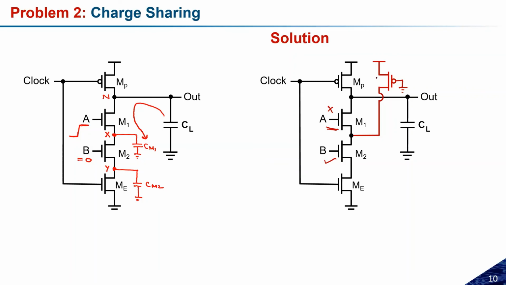But if you see here, because this keeper transistor is in the on state, this M2 is on, ME is on, so even though M1 is in the off state, we are getting a direct path between VDD and the ground. See, this is on and this is also on and this is on, so we are getting the direct path here, and that will create a leakage current problem, or the static power dissipation problem.